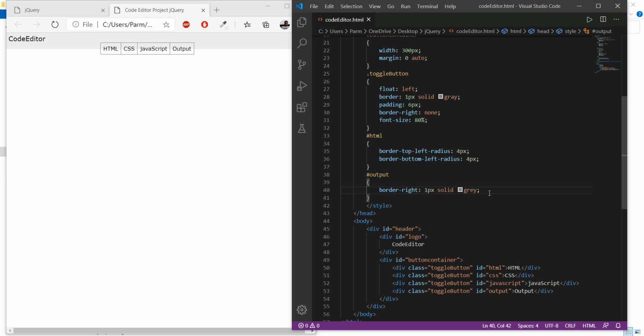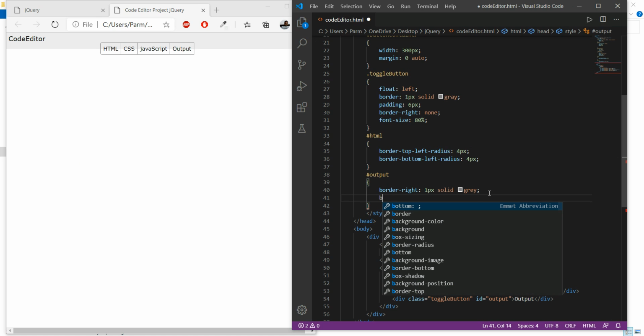And then to this we have to set a curve over there, roundness over there.